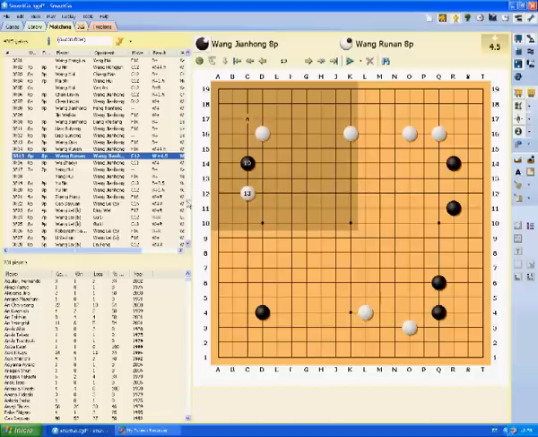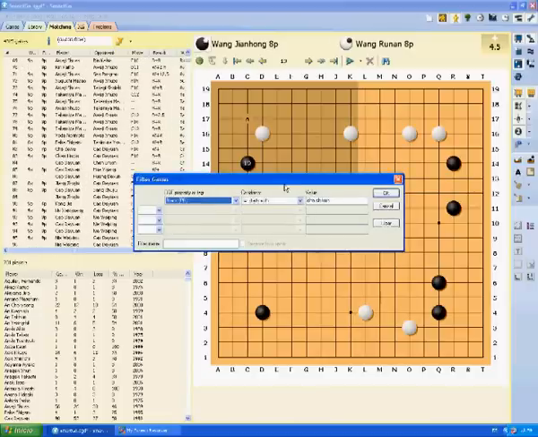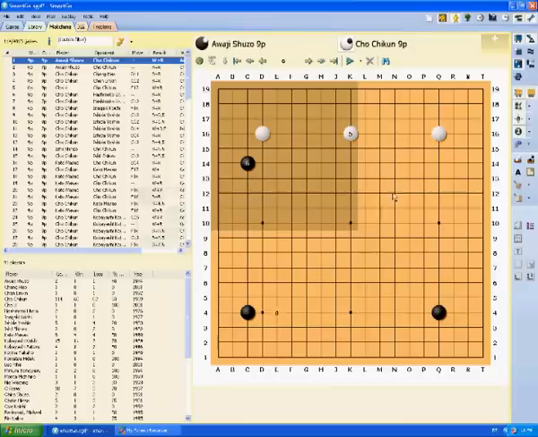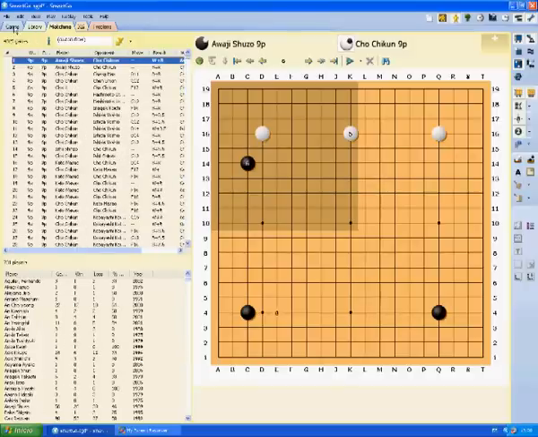One other possibility is to filter the games. For example, I want to see games with this pattern played by Chochi-kun as black. I don't know if the name is pronounced like that, but wait. We can see there are 140 games where Chochi-kun played this move, and the appropriate response. Okay, well, let's go back to the main board and talk about tactics.